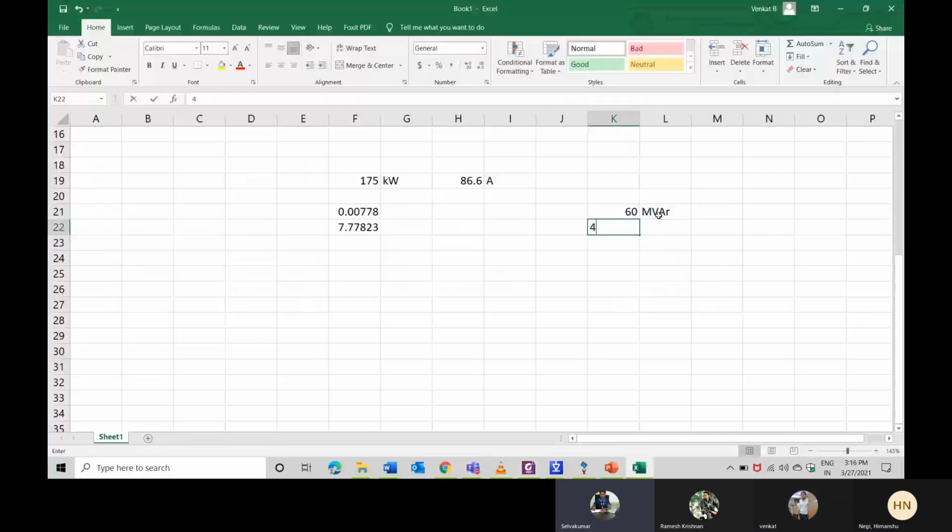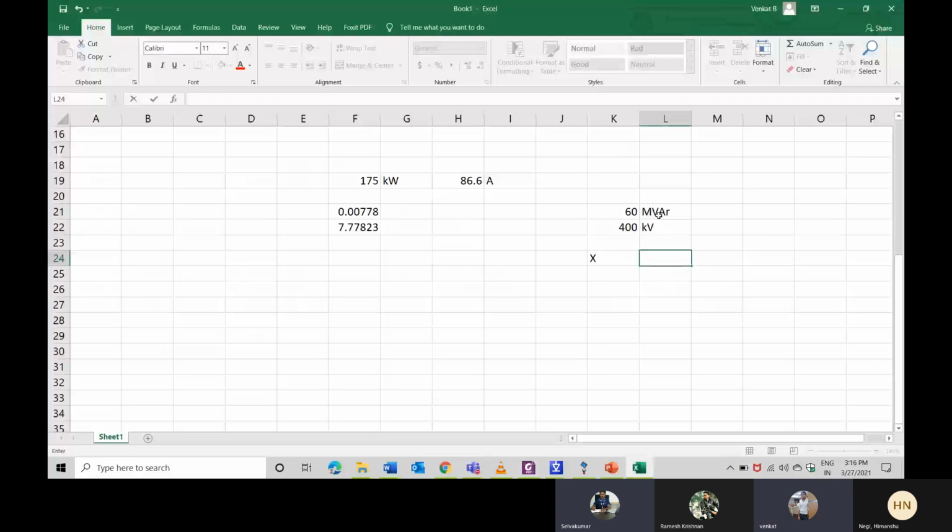Voltage we know, 400 kV. What we need to find out is X, the reactance value. Correct, no? We know reactive power Q is equal to V square by X. Yes, sir. So X is equal to